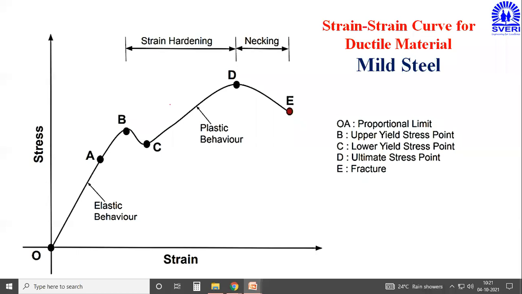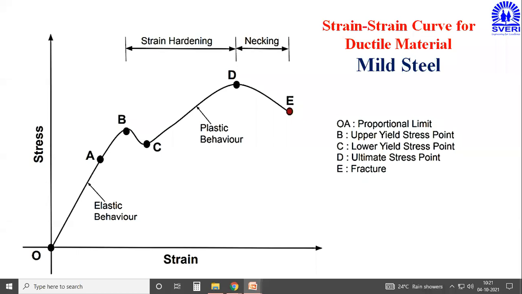So first of all, it is very important to understand the importance of all the points. What A indicates, what B indicates, what C indicates, what D indicates, what E indicates. That understanding of the points is very important. Therefore, the stress strain curve for the ductile material and brittle material is very important. So quickly, I will explain all the points, then you can easily understand what this region indicates and what that region indicates.